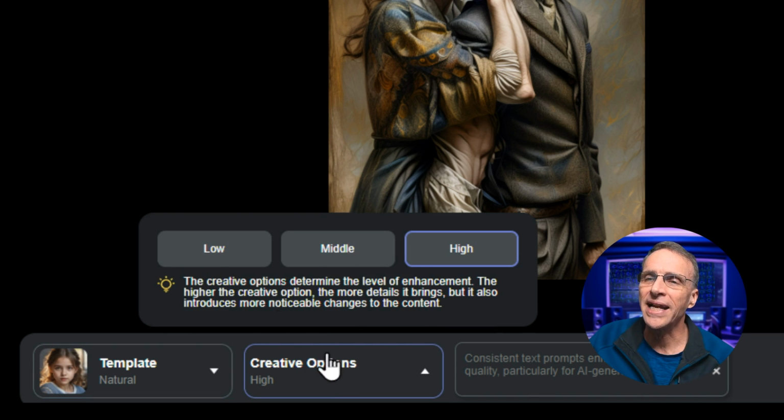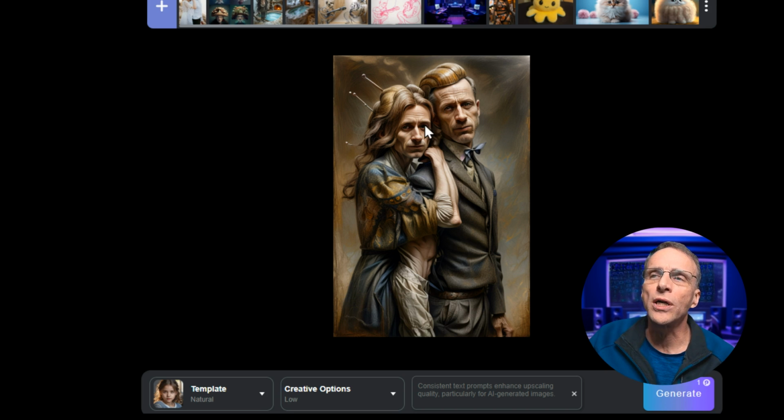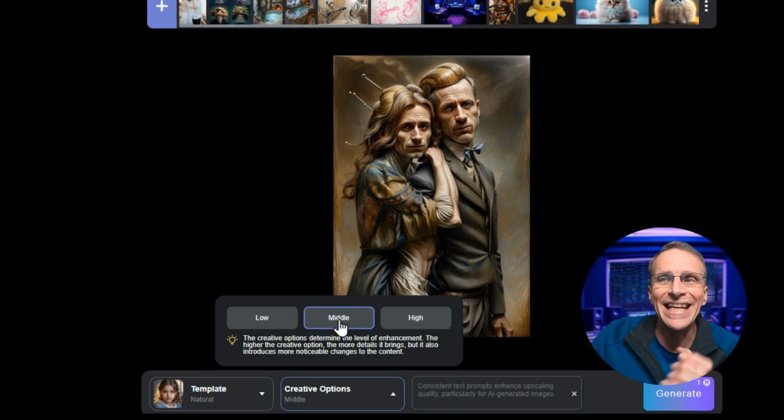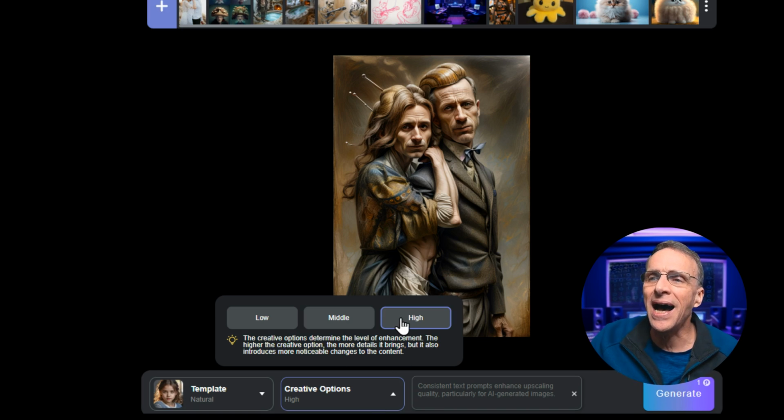And as far as creative options, you have low, middle, and high. If you do low, the overall look of this thing is going to look almost exactly the same. You're just going to get more detail. If you do creative options middle, it'll still look pretty much the same. In other words, if you've got a face there, it'll still be recognizable as that face. But the details may be enhanced a little with AI adding a little bit more creativity based on what it sees in this image. And when you go high, as far as faces, all bets are off, but you're still